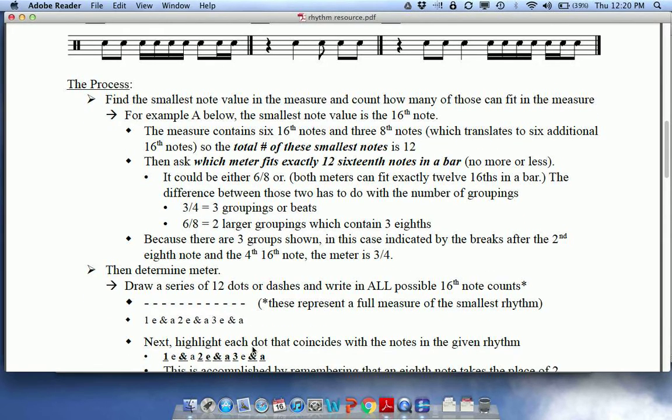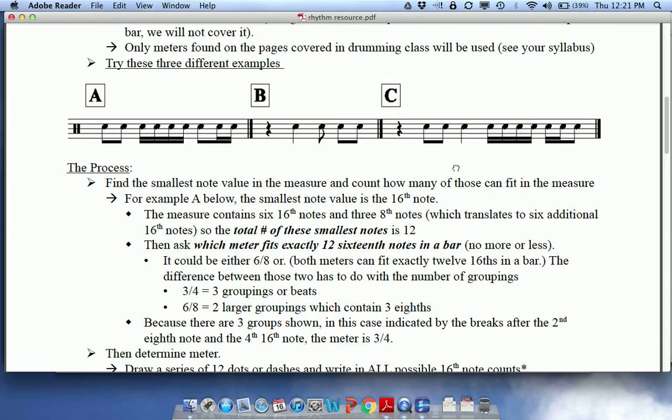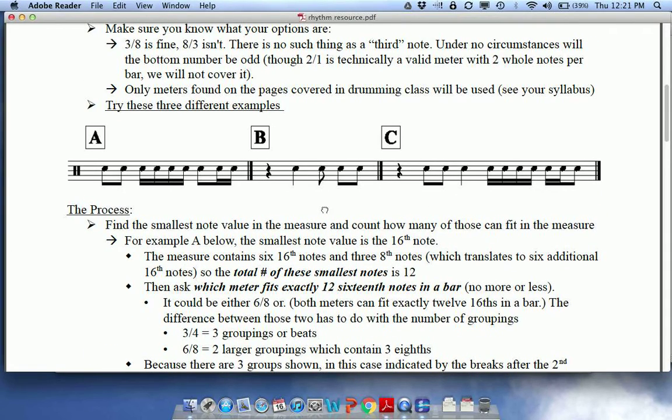Okay? Now, what you can do is literally just highlight or circle or whatever you want to do to draw attention to each dot that you've drawn up here that coincides with the actual note head you see in the staff. Let's see if I can bring this